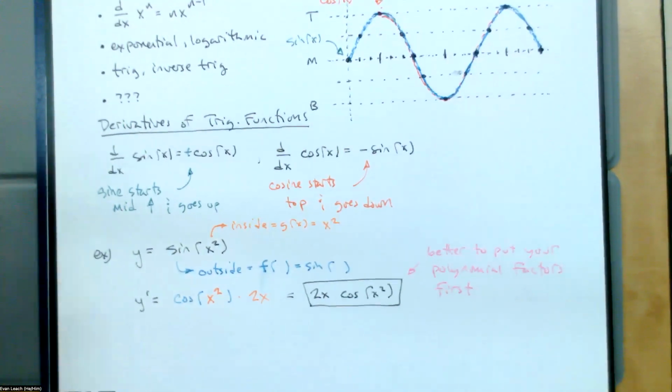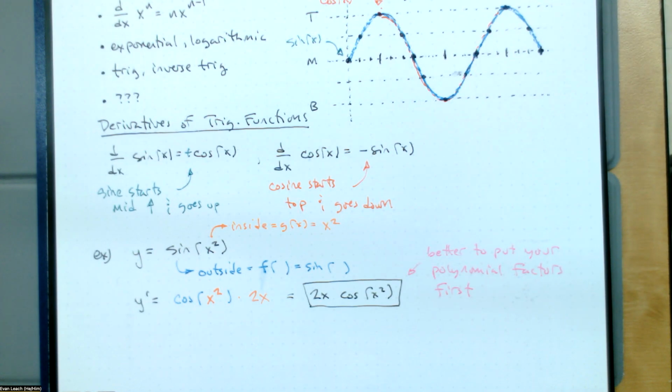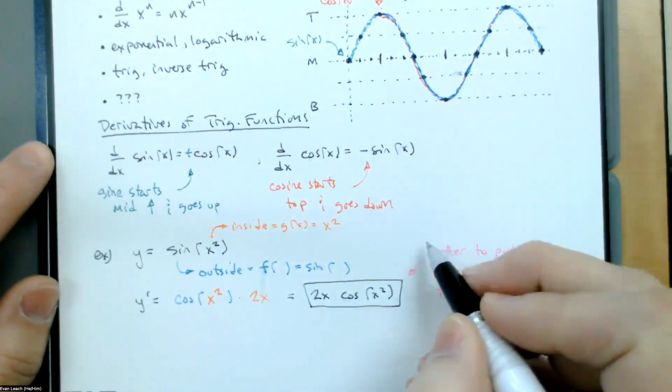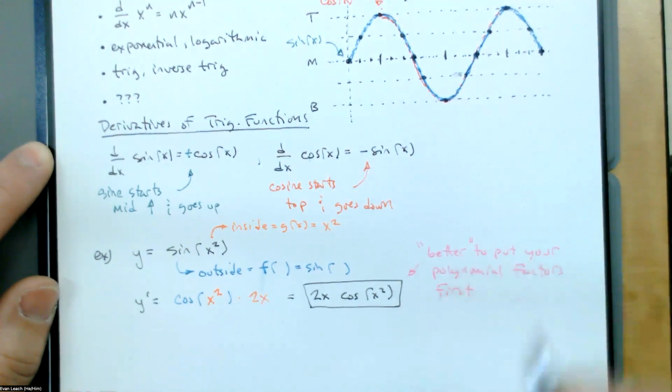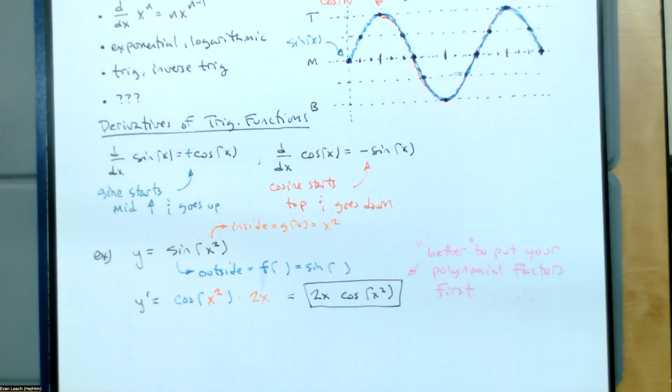So I'm going to say it's better to put your polynomial factors first, and I'm going to put "better" in quotes because it doesn't really matter. But if you want to fit in, you're going to write your polynomials first. If you write your polynomials at the end,